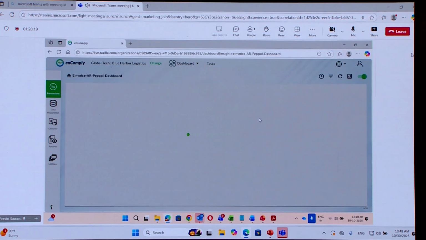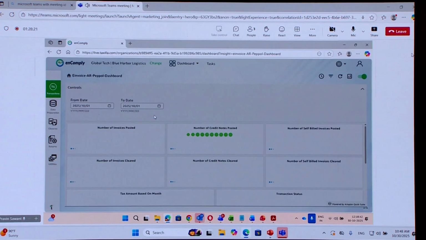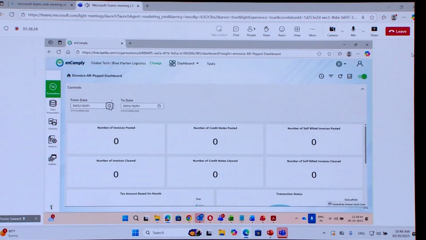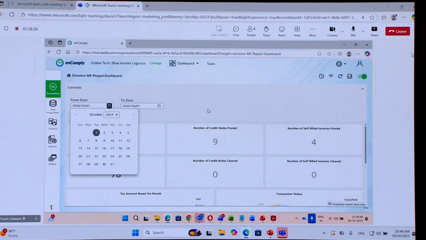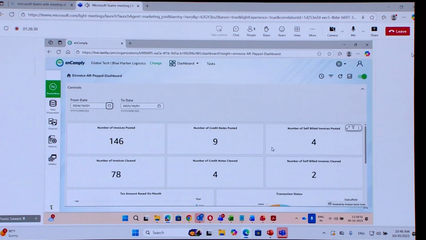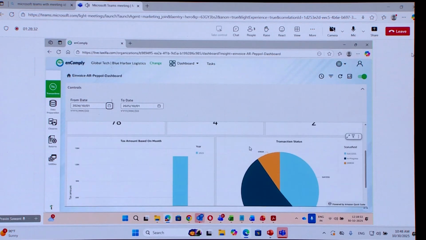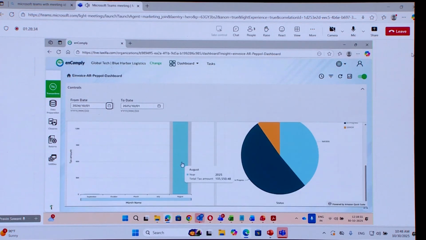So right now we can add more here, but for testing purposes we have just given a few things. So what is important here? The invoices posted, the number of times, and then how much VAT I have to pay monthly. That particular report you will get, because we are providing tax reporting also, and after everybody goes